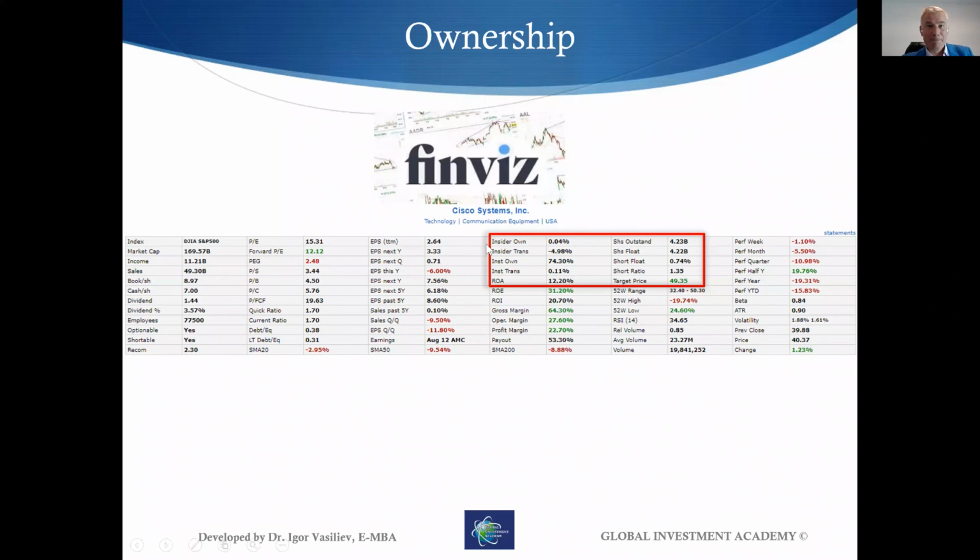Okay, insider transactions, that's where you see how many insiders sell and buy. So you can see that they sold close to 5% during that